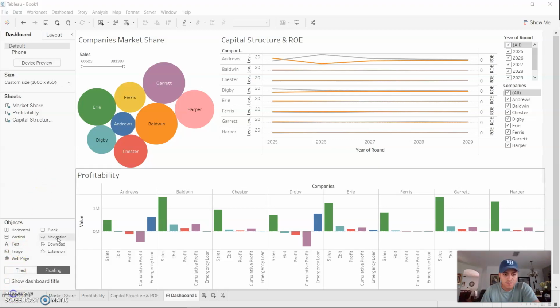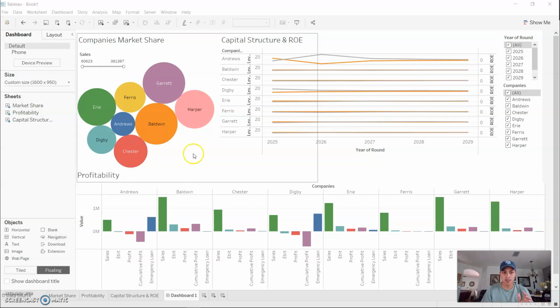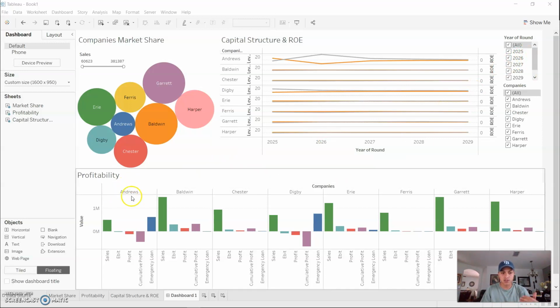with each other. First and foremost, my action plan here will be to show you the first worksheet, which is the company's market share based on the sales throughout the 4 years of operation. And then I'll show you everything from the top line of the income statement all the way down to the profit, its cumulative profit, and whether they had any emergency loans because they had some liquidity and solvency risk,